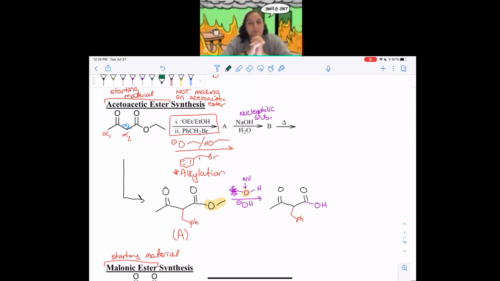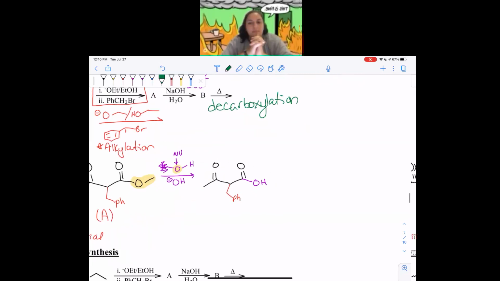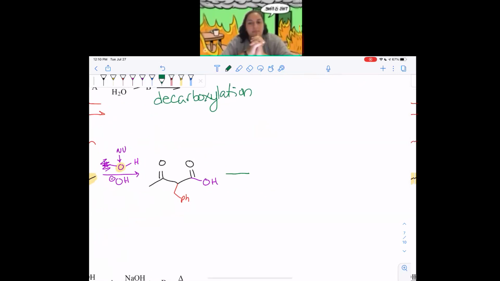Okay, so the heat is going to do something called a decarboxylation. And you haven't seen that before really in any other reaction, so let's talk about it. So in the decarboxylation, the first thing we're going to do is rotate this so that the OH is facing the carbonyl. So we get